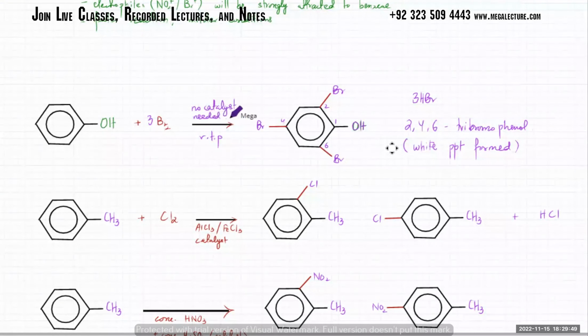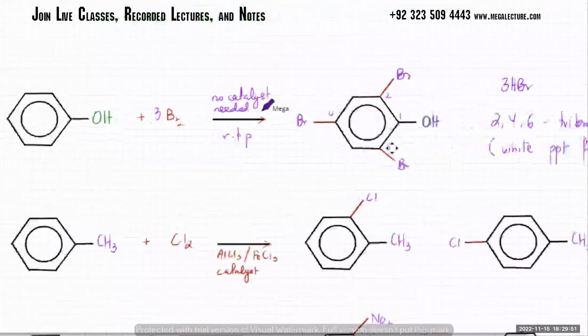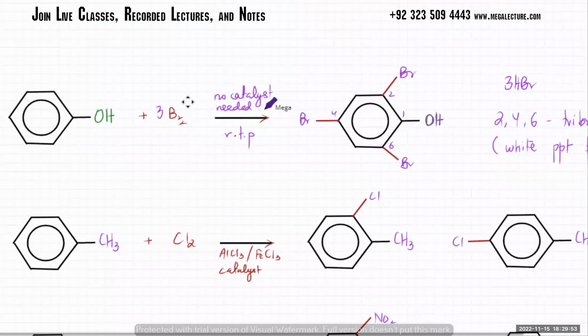So why is no catalyst needed? Because the benzene electron density is so high that it can polarize the bromine molecule all on its own. It doesn't need any help. So इसलिए no catalyst is needed. Plus, इसमें ना one more thing, Br2 aqueous is used. Make sure you remember this. Okay, only